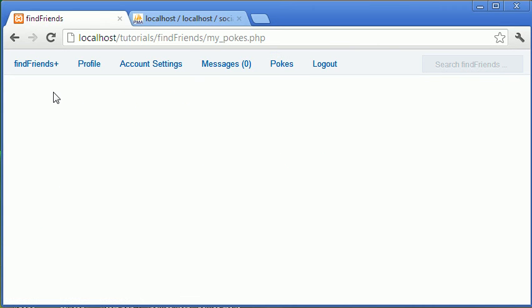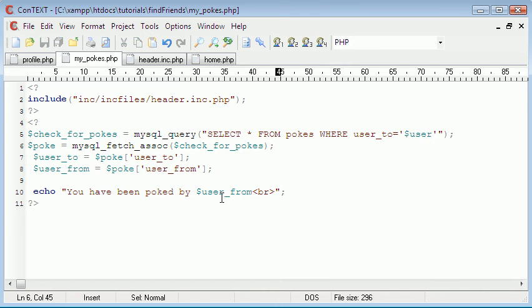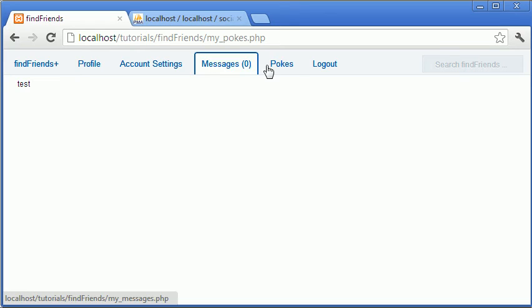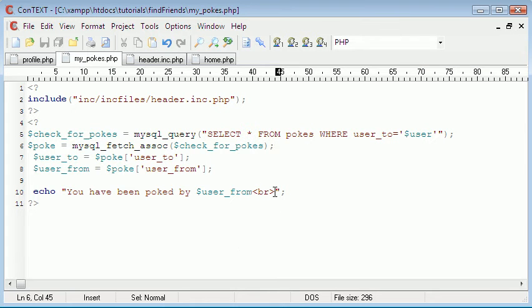So if we click on pokes and refresh, well, just delete this and check, does it work now? Yeah, it says you've been poked by Cinema, and that's what we wanted it to do. Actually, we'll end that and then append this one on separately. So we'd say you've been poked by Cinema,